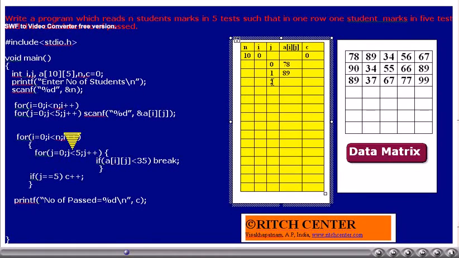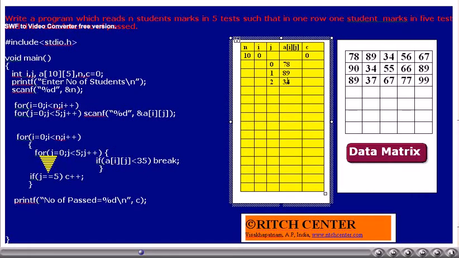Is j less than 5? Yes. Thus, inner for loop is going to get executed once more. A[i][j], that is 34. Is it less than 35? Yes. Thus, we will come out from the inner for loop.